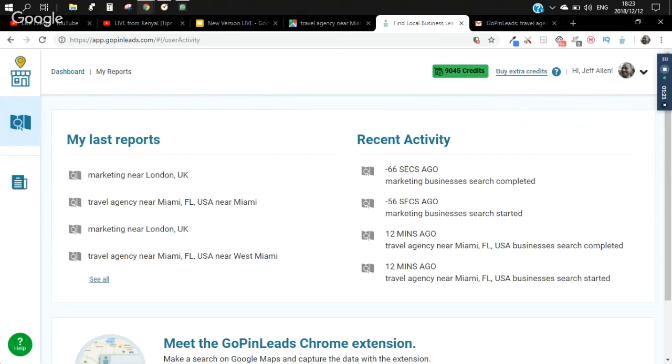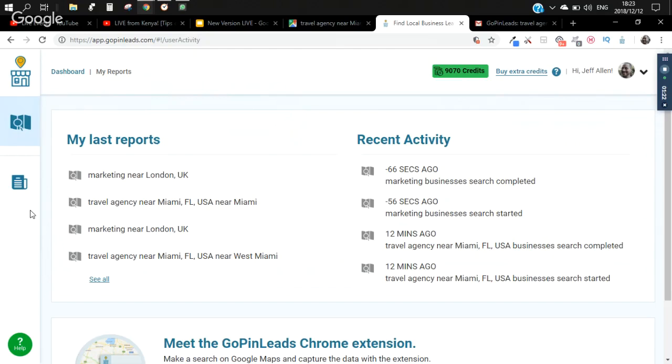Gopin Leads has been designed with these 2 versions to give you as much information and as much usability as possible. We often get asked whether you can use Gopin Leads outside of Google Chrome. Now, the Chrome extension you can only use with Google Chrome. The web app you can use in Firefox, as well as Chrome and some other major browsers as well. Chrome does seem to give some better results, however, because it mainly uses the Google